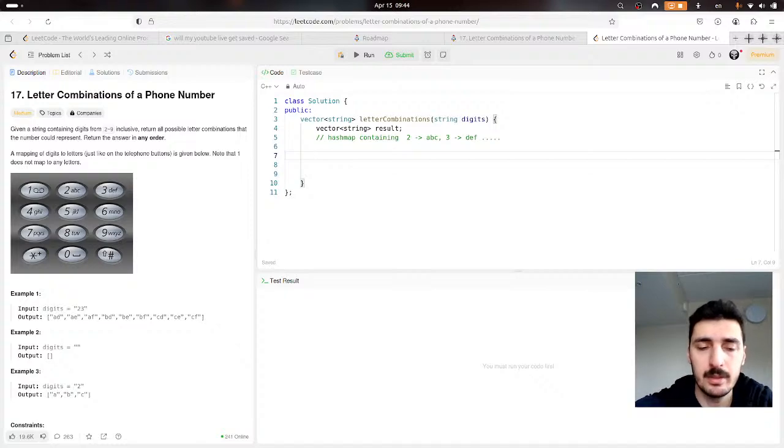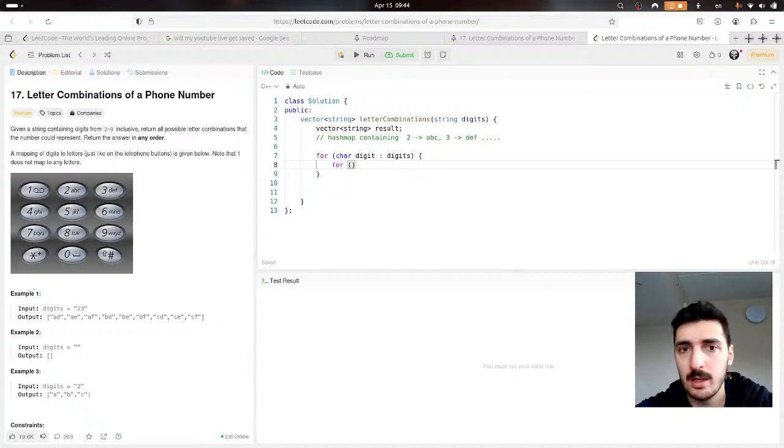Well, one thing is for sure, we have to iterate over each char. Digit, for how's it called, for char letter in